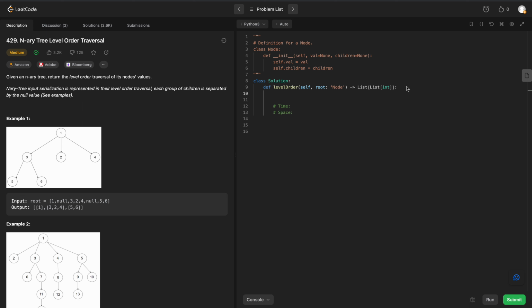Welcome back, everyone. We're going to be solving LeetCode 429, N-ary tree level order traversal. So we're given an N-ary tree. We need to return the level order traversal of its nodes' values. So this is going to be our classic breadth first search algorithm, but instead of only having nodes in our tree, an N-ary tree has a children array at each level. So we're going to have to account for that, but otherwise it's just going to be the same as a